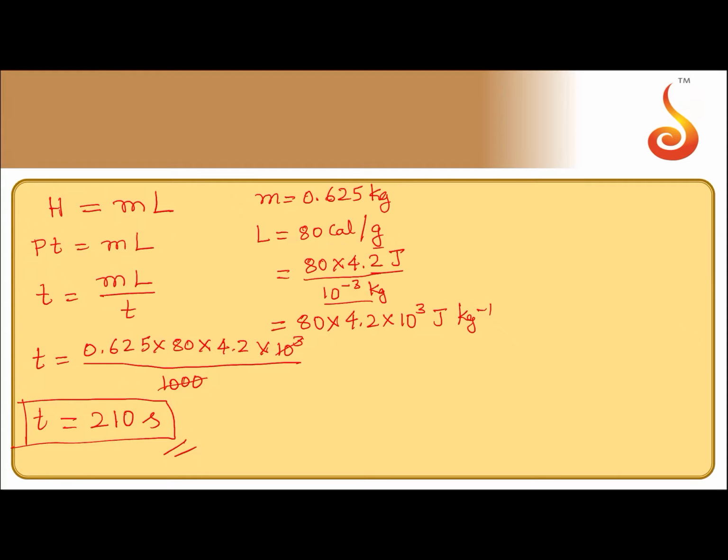See, it is given, it is at 0 degree Celsius. So already it is at 0 degree Celsius. So H is equal to mL. Suppose if it is not at 0 degree Celsius, let us say, at minus 15 degrees Celsius, something like this, then heat required is equal to m into L plus m into specific heat of ice into the temperature change. From minus 15 to 0, how much is the temperature change? It is 15 degrees. This you have to add. This will be an additional term. Okay, if it is not at 0 degrees, this will be an additional term. Here they have given it as 0 degrees. So time taken is 210 seconds. So that is your option D.